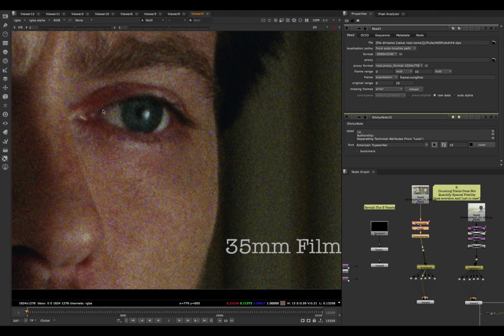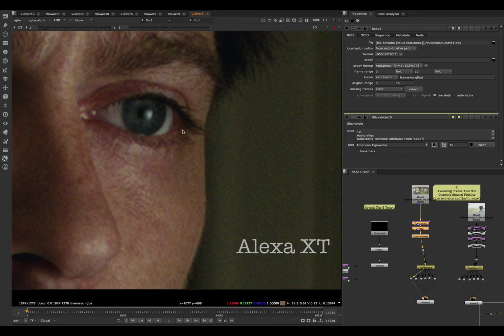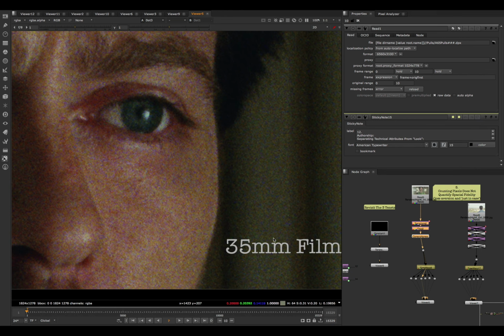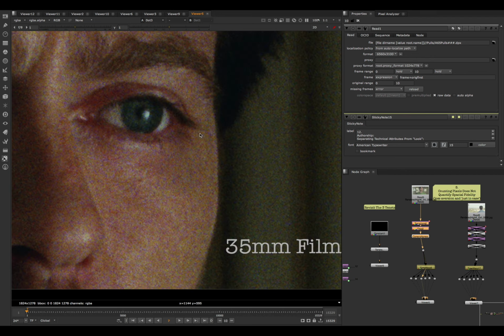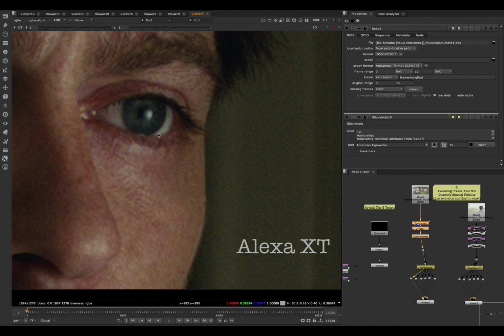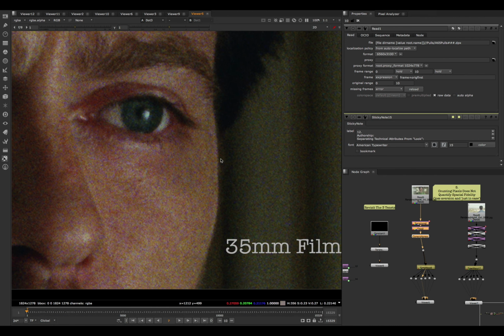Now, firstly, if you look at the fine edge detail, it's about the same between the Alexa and this 6K scan of 35mm film. If anything, the fine edge definition might actually be slightly better on the Alexa. It's about the same or better, and we have less noise. The 35 millimeter film has much more grain or noise,